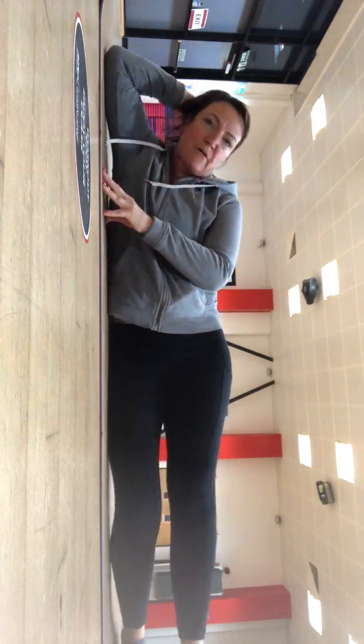So, tummy muscles in, squeezing everything as tight as you can. Your right arm can be anywhere you want to. You can have it down, or you can support your head if you want. Your left hip, just move it slightly forward of the right one. If it rocks back, the leg will go too high, and you don't get the connection the same. So left hip forward, squeezing everything, and let's lift, 2, 3, 4, 5, 6, and lower, 2, 3, 4, 5, 6,